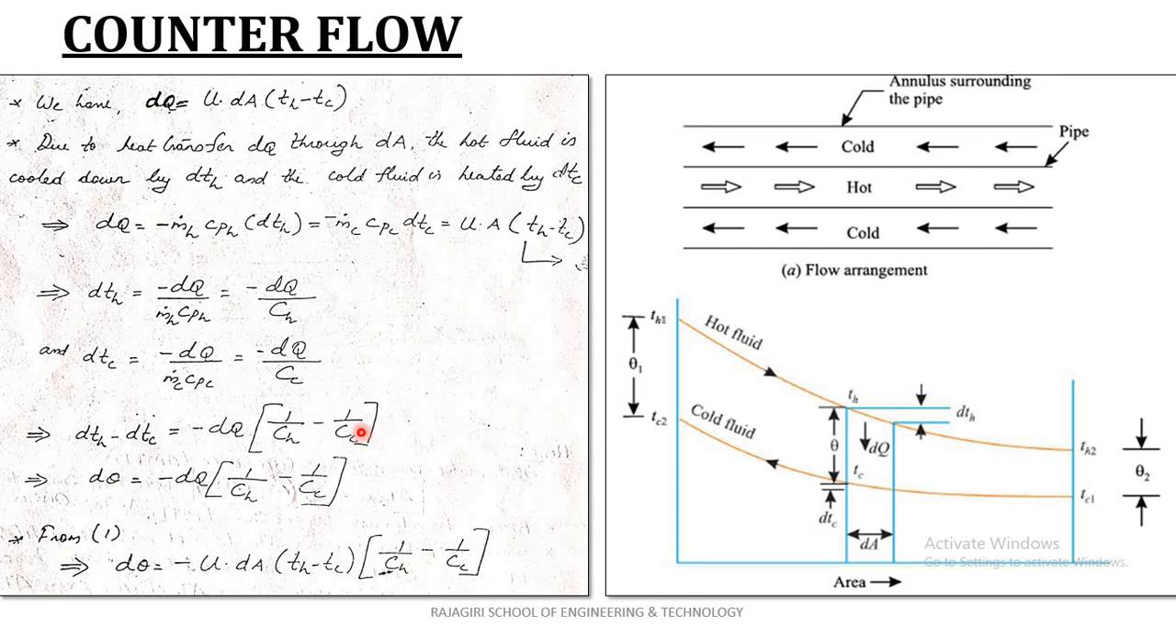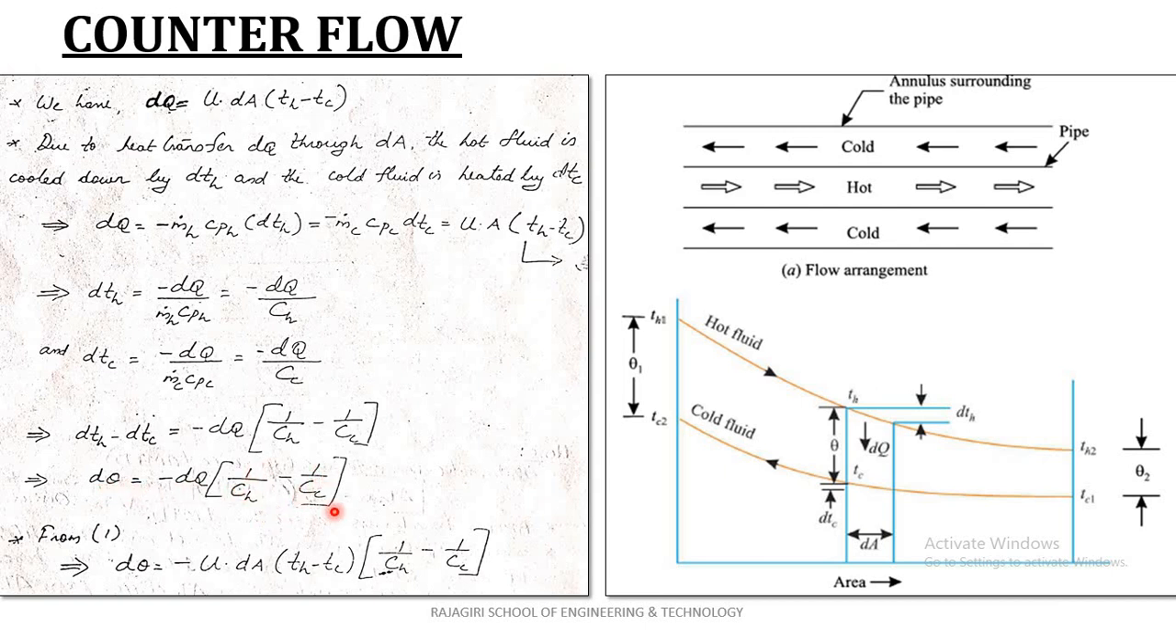minus 1 by Cc). In case of a parallel flow heat exchanger, this is positive, but here it is negative because of the direction of both these terms. So minus dQ into (1 by Ch minus 1 by Cc). So dTh minus dTc, you can write d theta, because dTh minus dTc is d theta. So d theta is equal